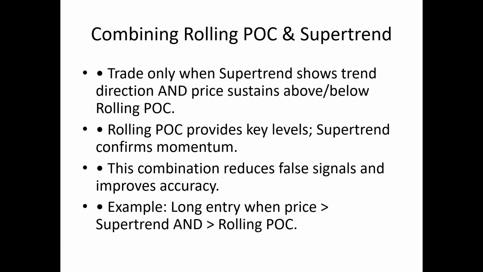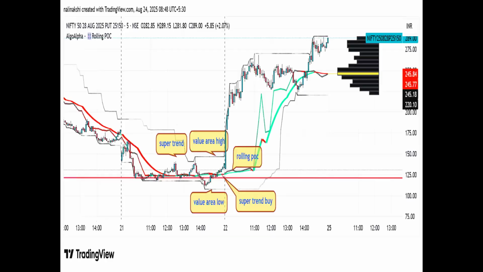Example: long entry when price is above Supertrend and also above rolling POC. Double entry. You don't take the trade when there is disparity. Here, I have taken the example of